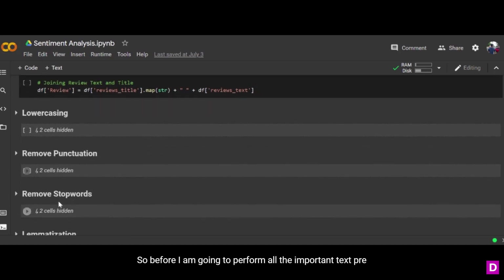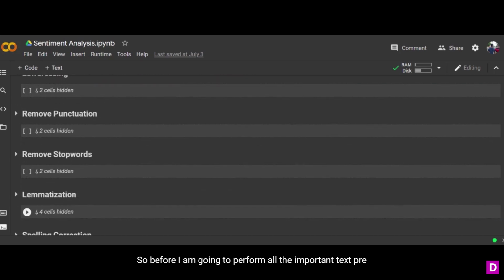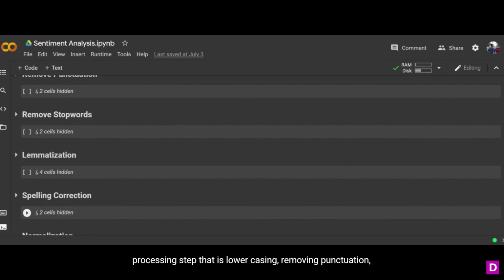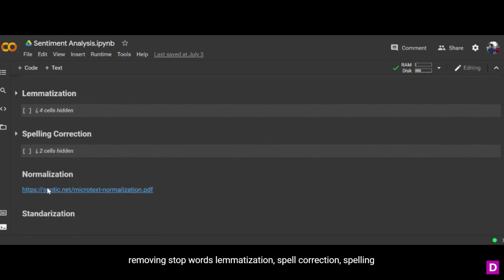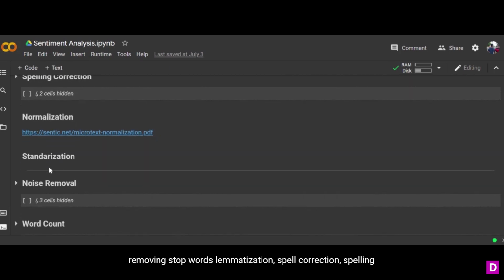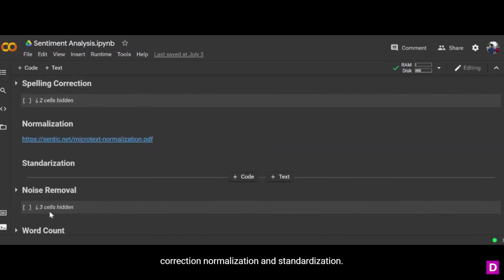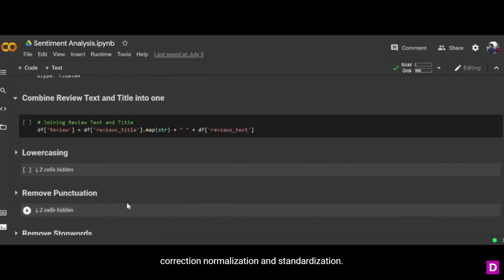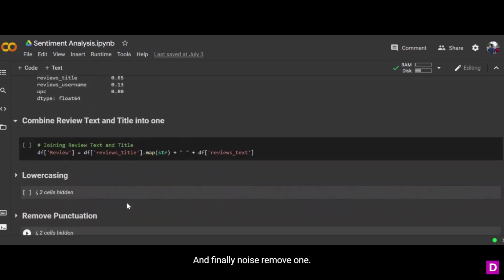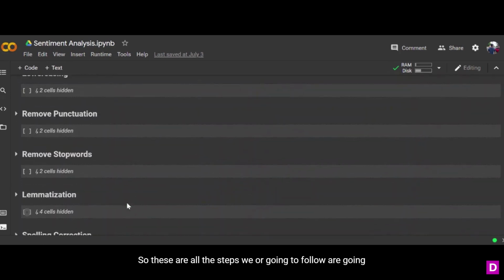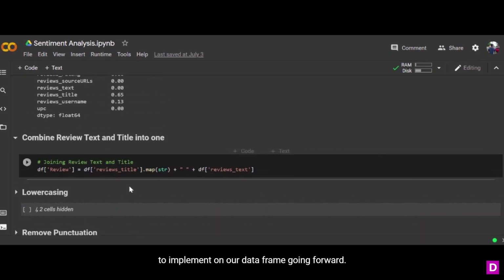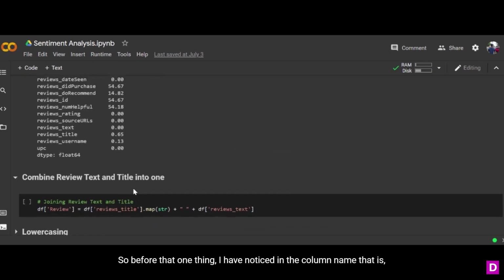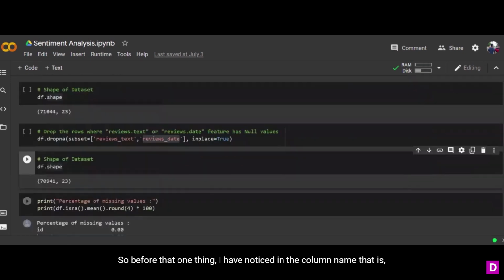So before that, I am going to perform all the important text pre-processing steps, that is, lower casing, removing punctuation, removing stop words, lemmatization, spelling correction, normalization and standardization, and finally noise removal. So these are all the steps we are going to implement on our data frame going forward. So before that, one thing I have noticed in the column names, that is,